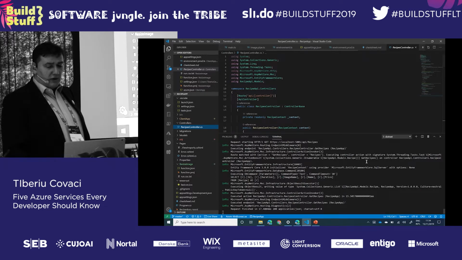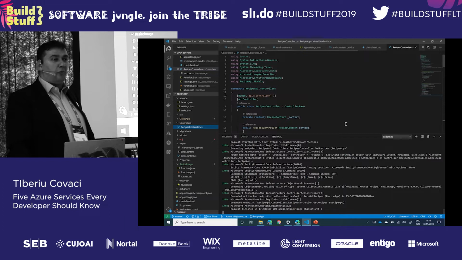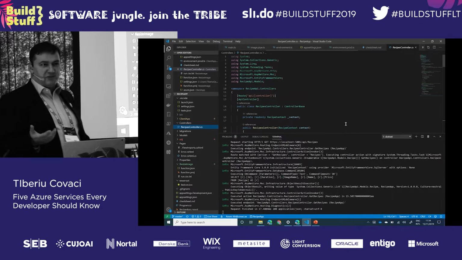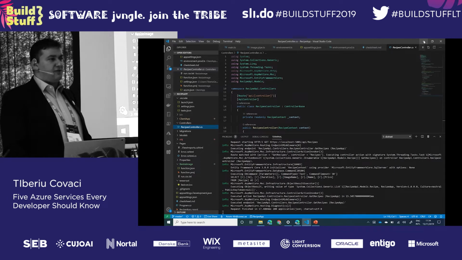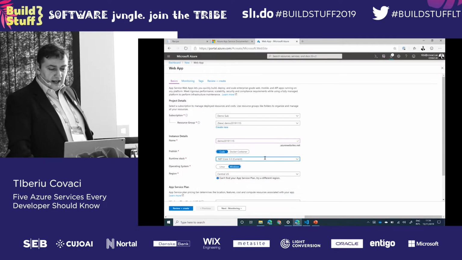Now, this one takes some time, especially if you have to compile an Angular application. I don't know how many of you do Angular, but for 2 pages in Angular, it still takes me about 3 minutes to compile on the machine, and I don't think it's the machine's fault. Anyway, you have a lot of packages, a lot of issues, so it can take a lot of time to do that. So anyway, going back, I want to use this .NET Core 3.0,